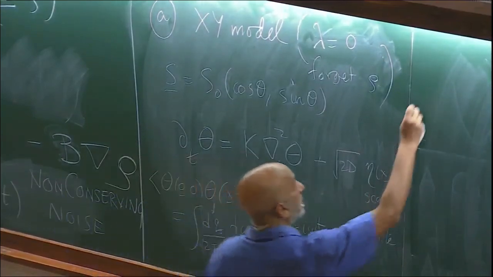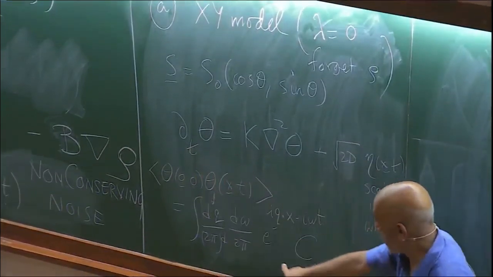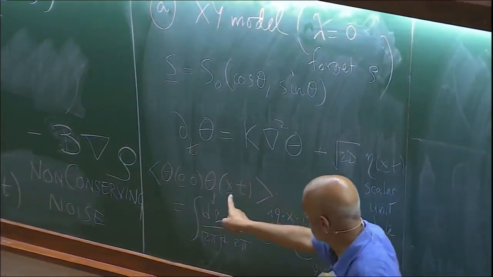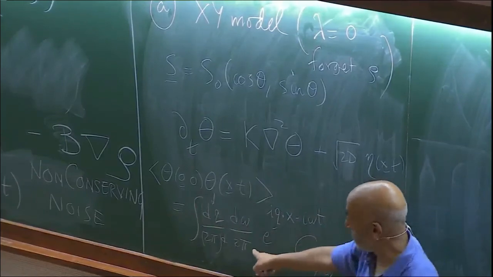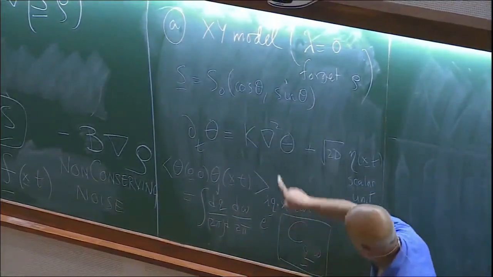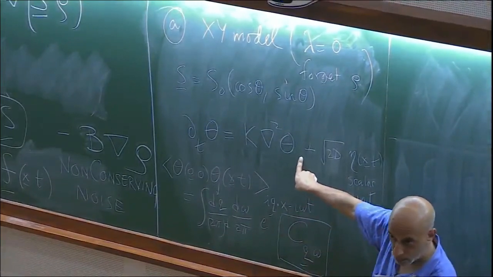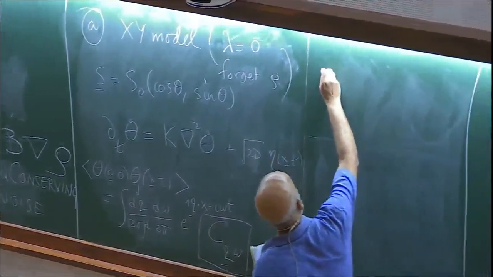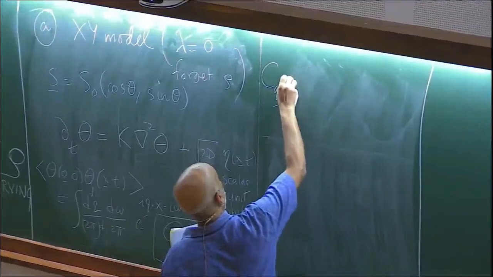And this is just a definition. I'm just using the fact that it's translation invariant in space and time to write it this way. And then we can calculate C of q and omega from these equations by Fourier transforming in space and time. And what we will find is that C of q and omega is